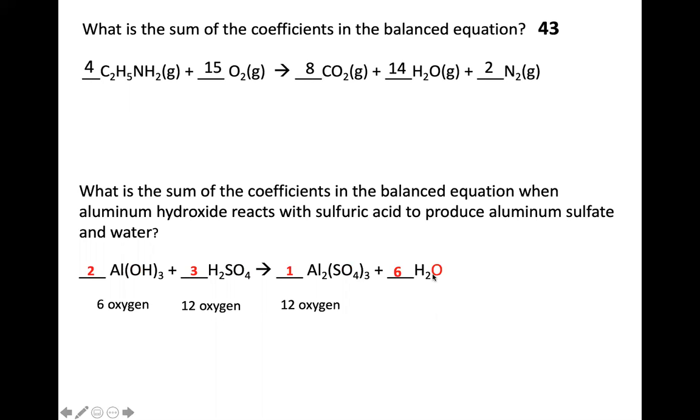So I need 6 more and that will balance it out. If you want to double check, you could add up to make sure it works for hydrogen too. The format on this one, really typical exam question. I'm really confident we've asked this before on a test as I look at it. What is the sum of the coefficients? And then you have this word description.